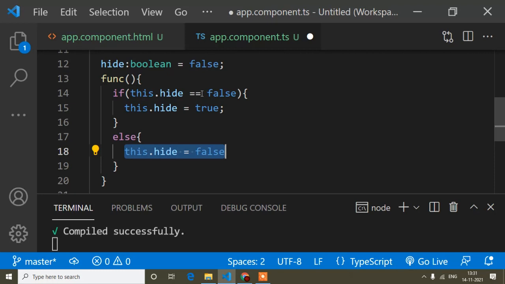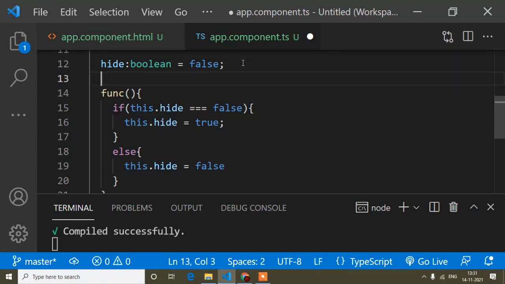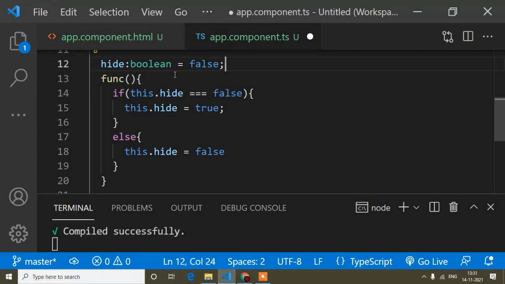Okay, and here you can write double equals to or triple equals to. You can write as per your choice. I will suggest writing triple equals to. So double equals to and triple equals to, there is a difference. Double equals to means it will just check the value, right? So here I will also discuss the difference between double equals to and triple equals to. Okay, so just now forget this one, I will just comment out this one.